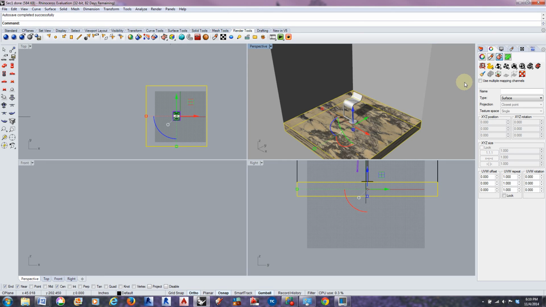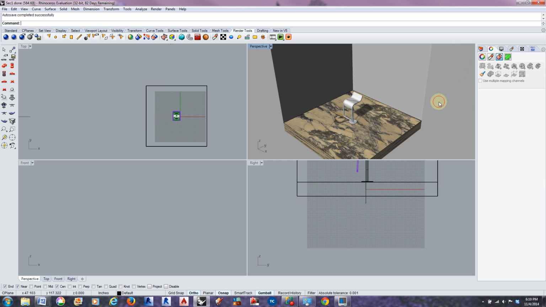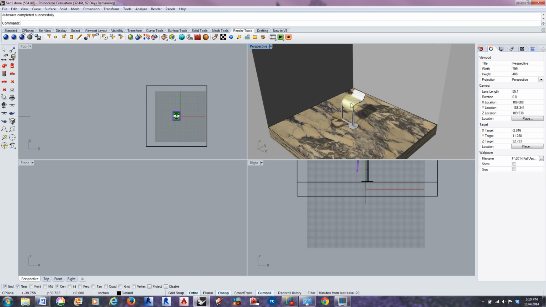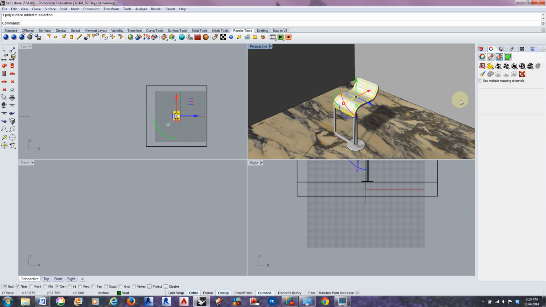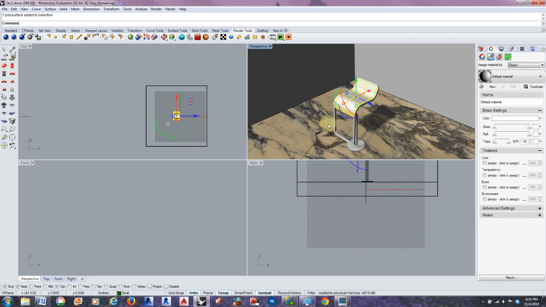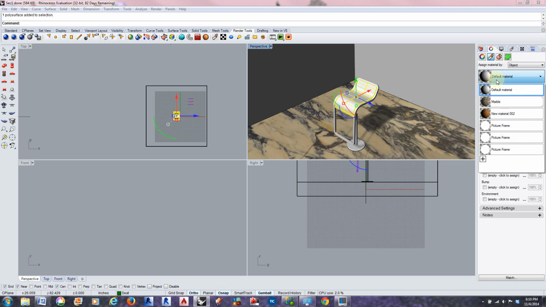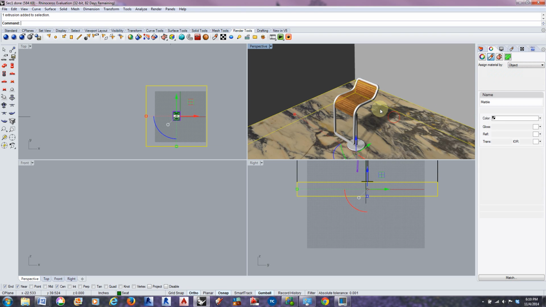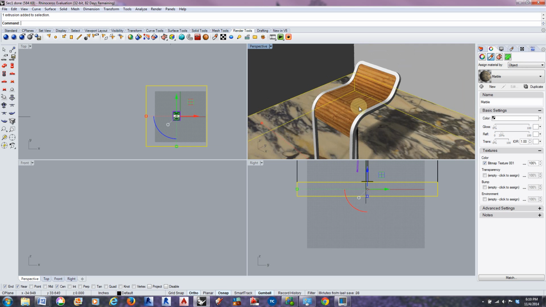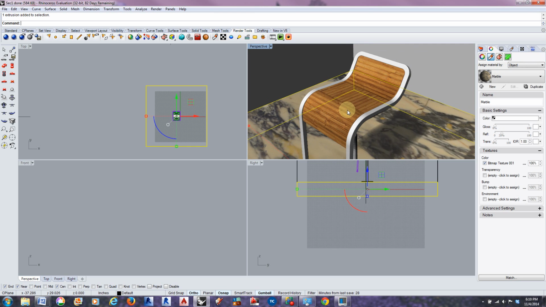I don't know, let's leave that marble. That sounds good to me. So we can start to change the by object and create a new material or utilize one that I've already loaded in. And this is surface mapping, so it's mapping this surface and then mapping this surface and then mapping that surface versus